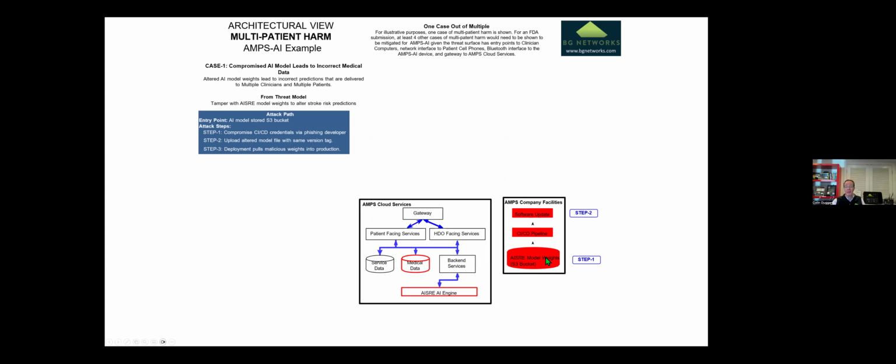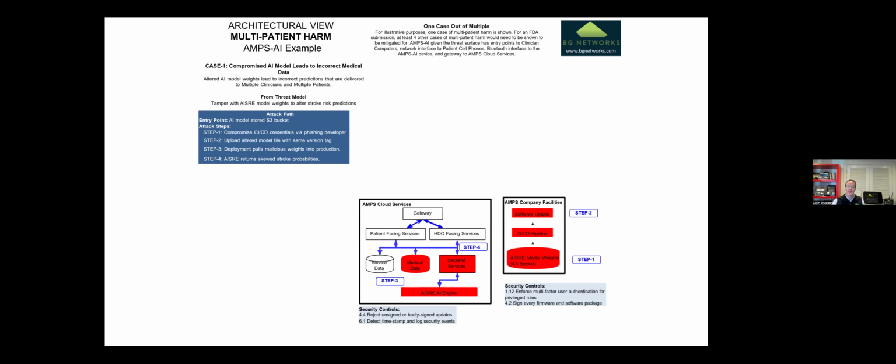And since it's coming from the CI/CD engine, it actually has kind of a version tag and signing that's probably correct. It's distributed into production. So now it's part of the product, so to speak, with step three. And step four is that the backend services now are distributing